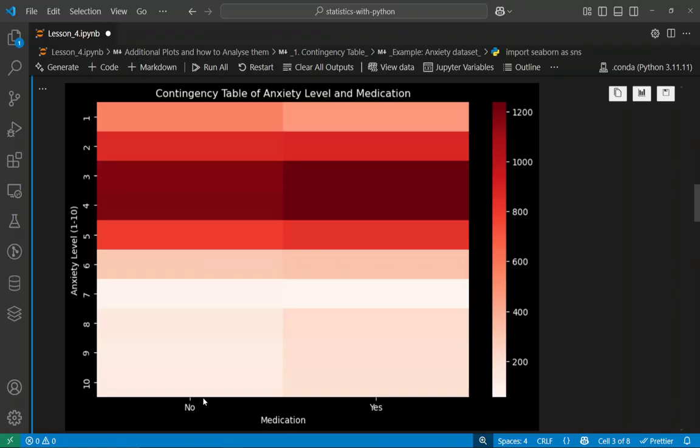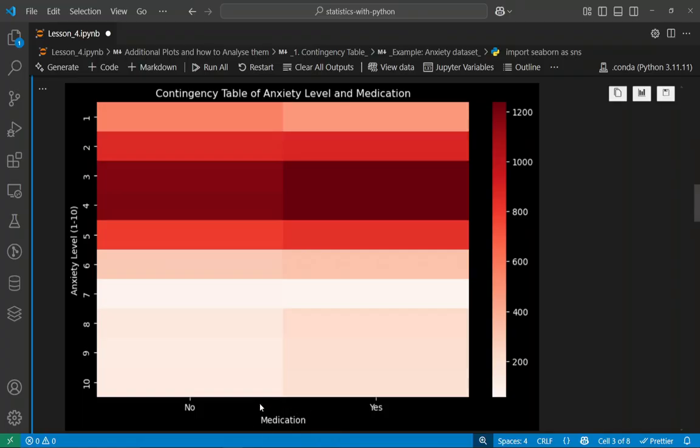So let's assume that if people who are not taking any medication recover faster than the people who are taking the medication, this means that the medication was actually causing more anxiety. Or if the result is vice versa, where people who are taking medication are improving faster than the people who are not taking any medication, this means that the medication is working for the patients who are suffering from anxiety.